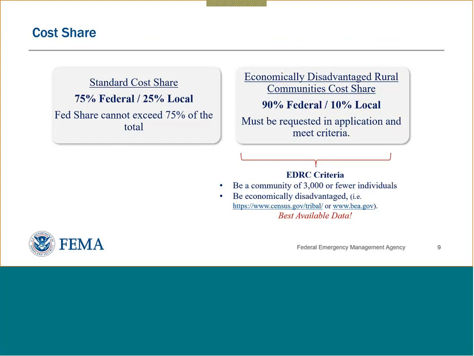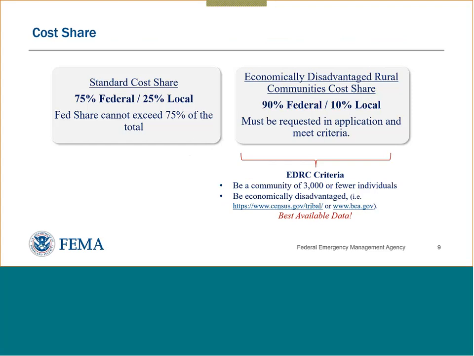Cost share is required for all sub-applications funded under this program. Generally, the cost share for this program is 75% federal or 25% non-federal. This means federal funding is available for up to 75% of eligible costs. The remaining 25% of eligible costs must be derived from non-federal sources. BRIC fiscal year 21